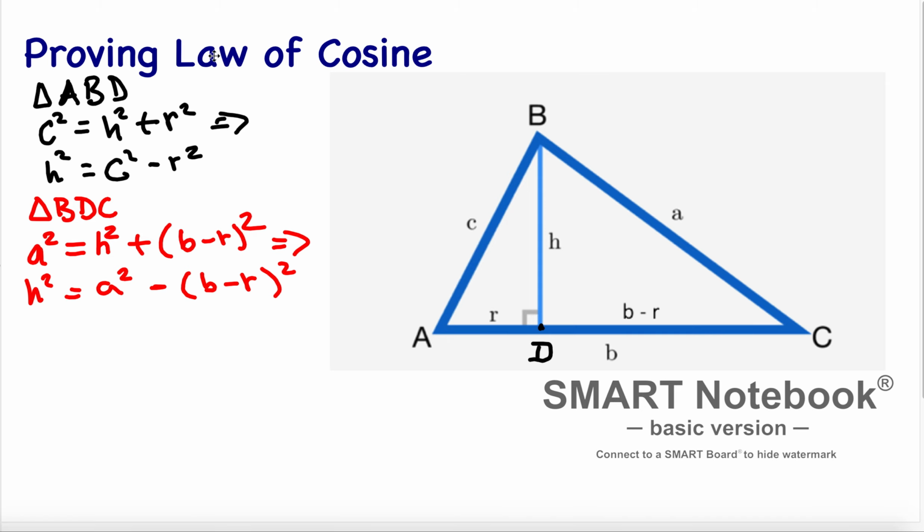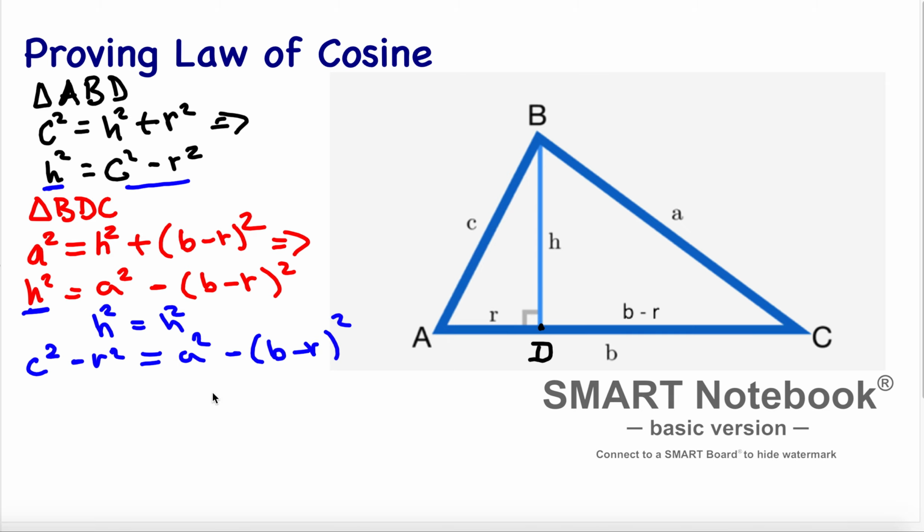And now, we are equating h squared with h squared. What's going to happen? So let me equate here. h squared is equal to h squared. If I'm equating h squared with h squared, then I'm taking the substitution. So this substitution here is c squared minus r squared. c squared minus r squared is equal to h squared. Instead of the h squared here, I'm taking its substitution, which is a squared minus (b minus r)